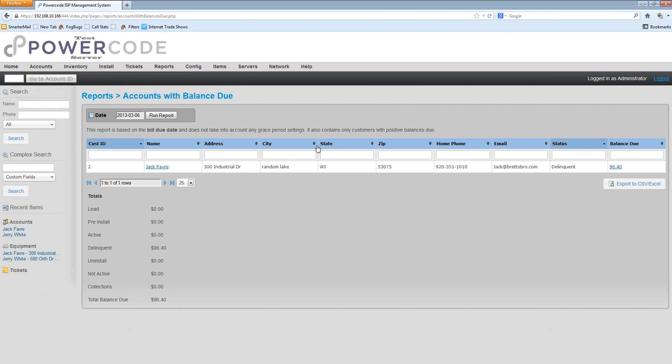And then we can see Jack Favre, he owes us, or the balance that is due is $96.40. Now this is excluding the current balance, which includes that 10-foot tripod. So on his balance it says that he owes $222, but what's past due is going to be $96.40. And then we'll also give you a total on this as well, based on statuses. So as we can see, the customers that owe us money are in delinquent status. And again, we can run this report for different time periods.